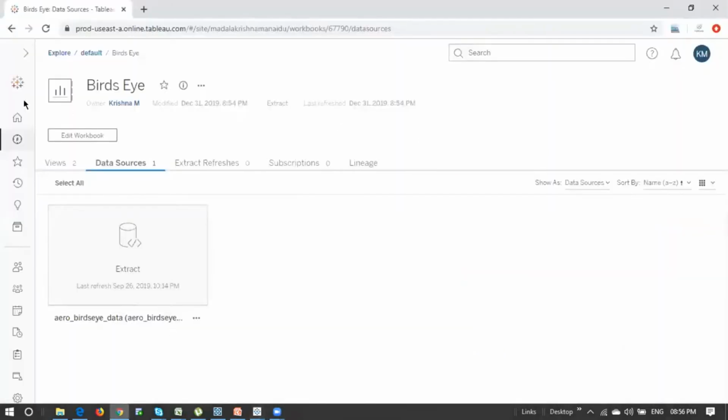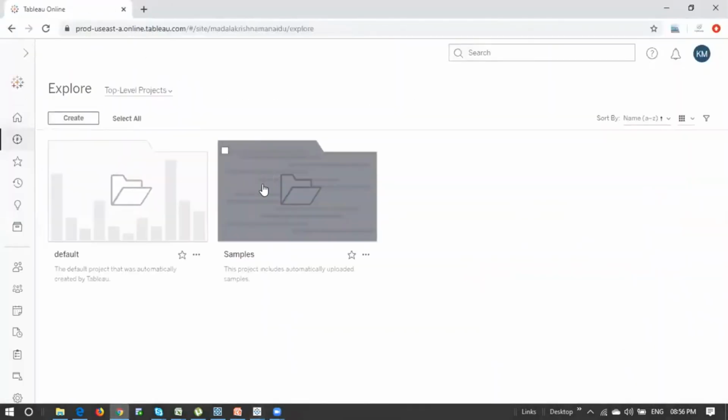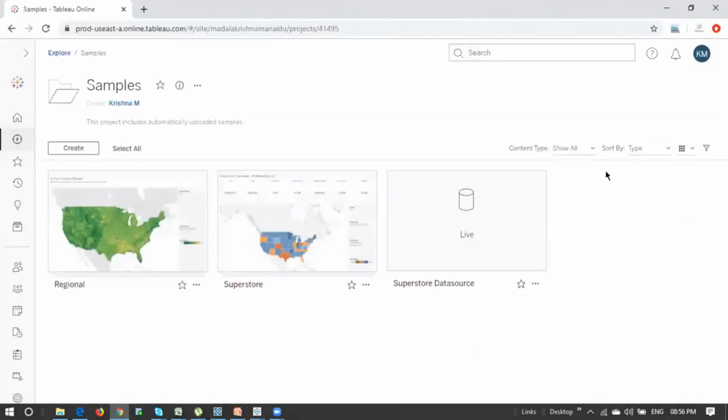Now if we go to the server, under the samples project there is only one data source available, that is the Superstore data source.